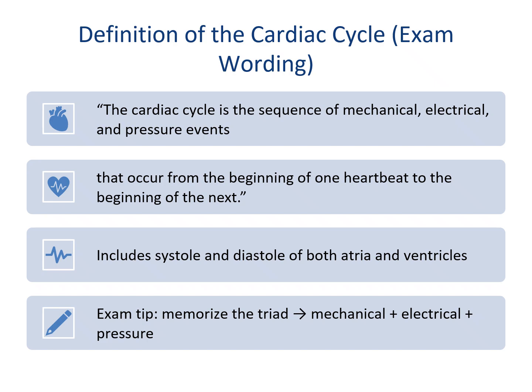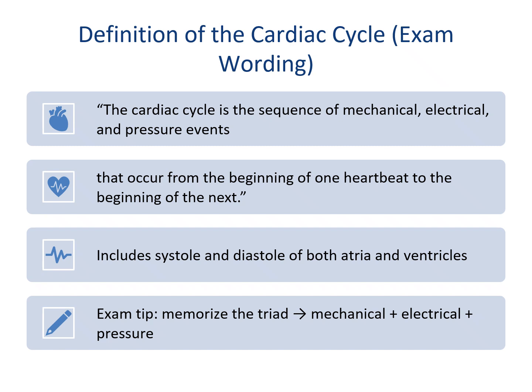Leave any one of them out and your answer becomes physiologically incomplete. That's why we call it the triad of cardiac events, and it should always appear in your written definition. It's also important to emphasize the phrase from the beginning of one heartbeat to the beginning of the next. This marks the cycle as a repeating physiological loop, not a single event. The heart does not contract once and rest. It beats in a precisely timed sequence that repeats 75 times a minute on average, adjusting continuously to the body's